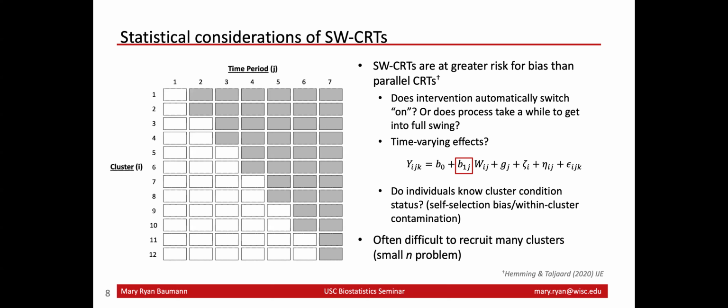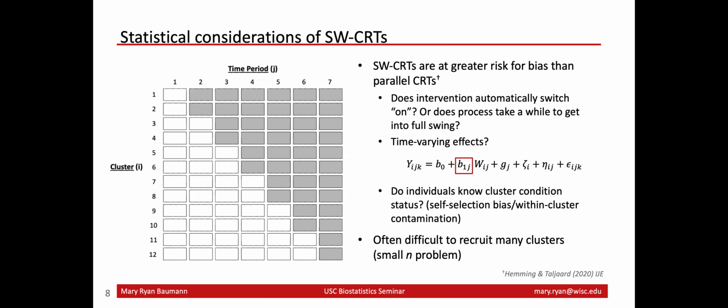And then in addition, mostly as a function of the types of questions and the types of teams that we're working in, we're often in this space where it's difficult to recruit a lot of clusters for these trials. And so we're often dealing with a small n problem. So asymptotics may not necessarily hold in these situations, and we need to be thinking about small n corrections. And this is mostly due to resource constraints and the logistics of learning health systems. The small n problem proliferates throughout cluster randomized trials in general, but I feel like is especially prominent in